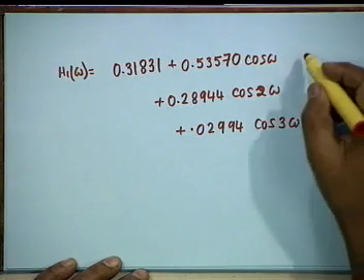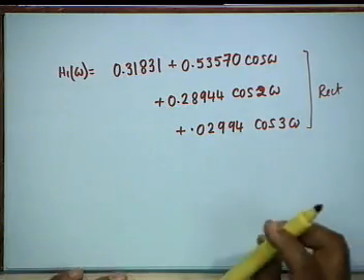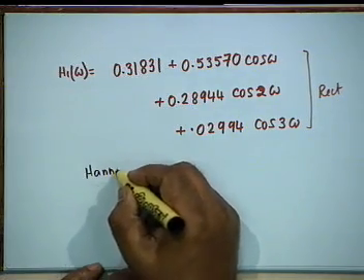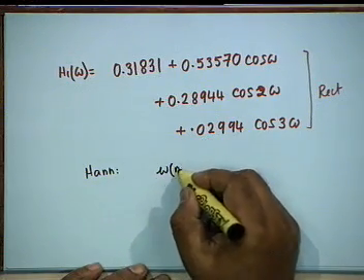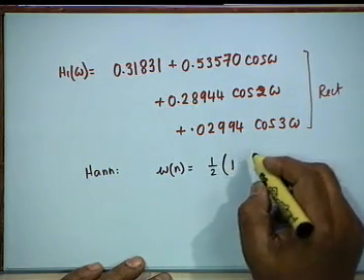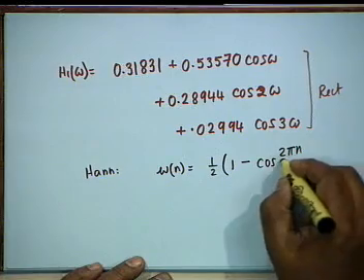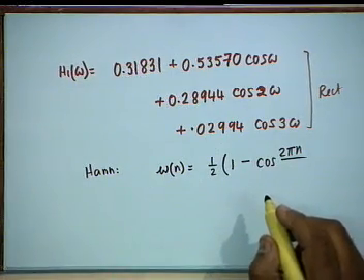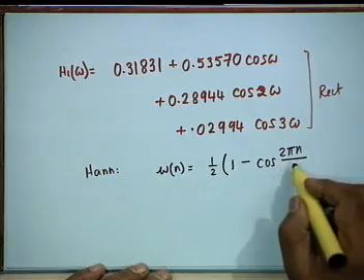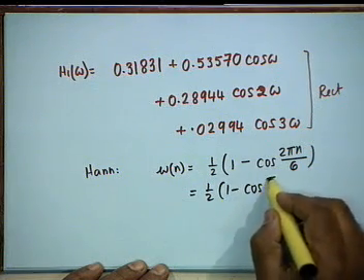This is for rectangular window. Now if you apply any other window, Hann for example, then Wn is half of 1 minus cosine 2 pi n divided by, what would be the value now? Capital N minus 1. So, 7 minus 1 is 6, that is equal to half 1 minus cosine pi n by 3,